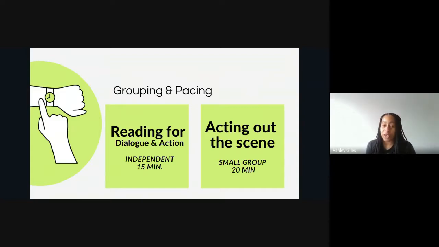Then they're going to go back in another color and talk about the actions. So you could say underline dialogue once and the actions twice, or underline dialogue twice and the actions once. And if you're a teacher who prefers to use color, you could do color. However you decide to do this, there needs to be a distinction between what's the dialogue and what's the action. They're going to go through and see where's the dialogue and where's the action. The teacher models it, of course, and the students do that independently.